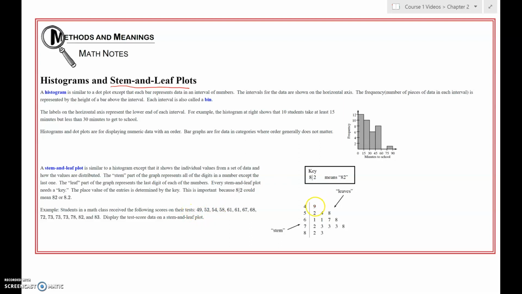And then you just list the ones. This would be 49. This student is 52. This one is a 4, which represents 54, and the 8 represents 58. Here are all the 60s: 61, 61, 67, 68. Here are the 70s: 72, 73, 73, 73, 78. And here are the 80s, the 82 and the 83. So it says right here that